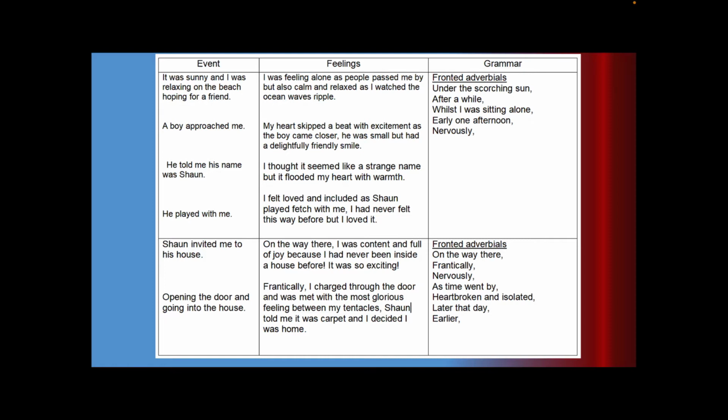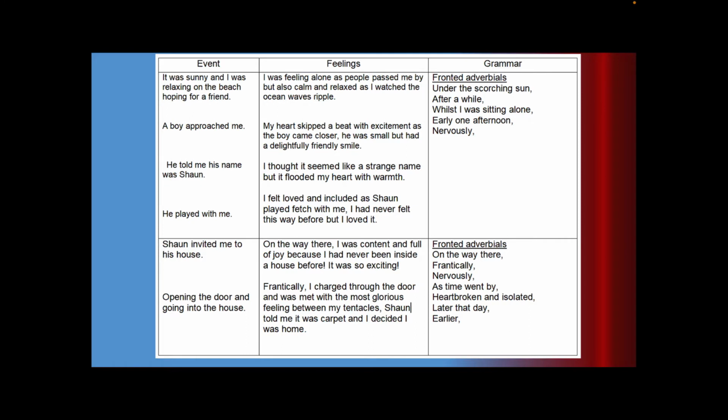Your task was to pick a different point and to carry on thinking about which event, the sorts of feelings, and you could be describing what would be happening with somebody's body, and the fronted adverbial that you might want to use. So you can see that I carried on using this,